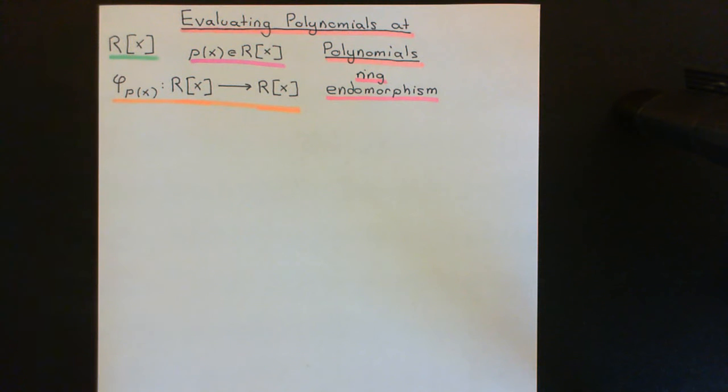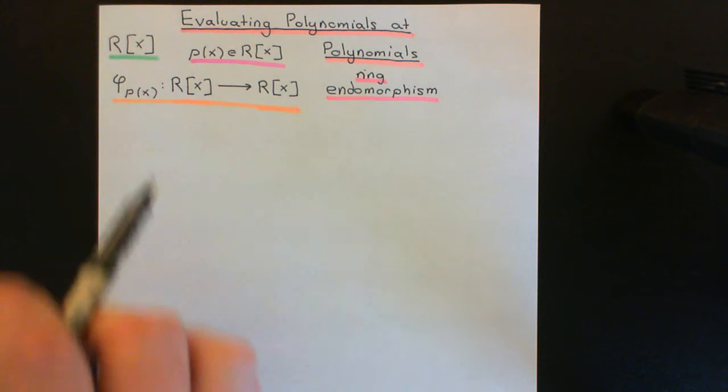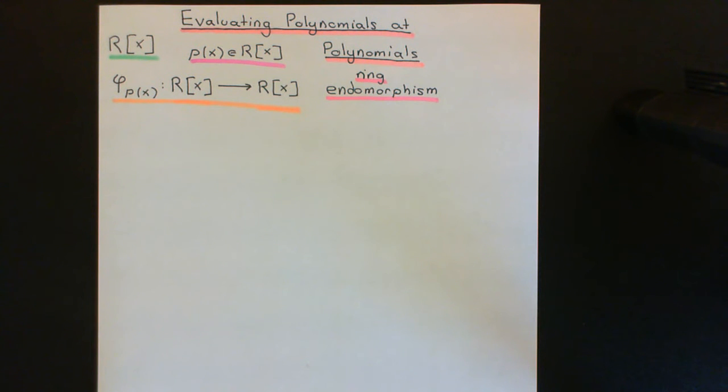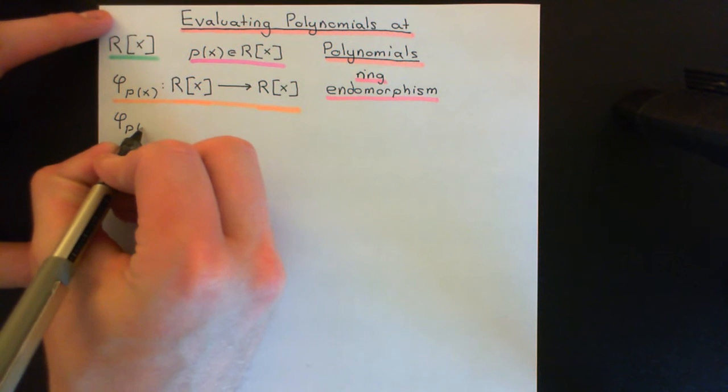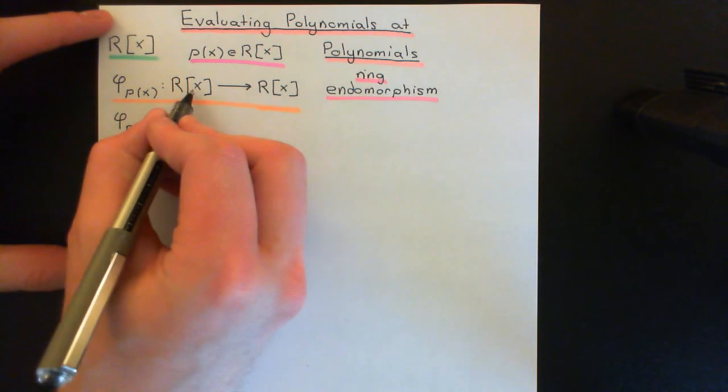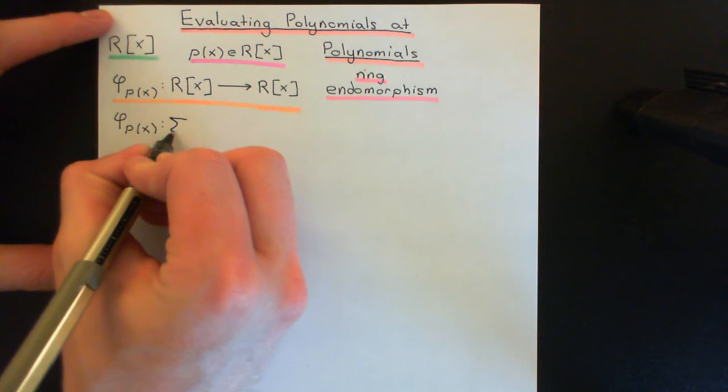Okay, so I will still call this just the evaluation homomorphism rather than endomorphism. Okay, right, so this doesn't tell me much yet. I haven't actually defined how this is going to work, so let me now make precise exactly how this is going to work. So it's going to take any polynomial in here,